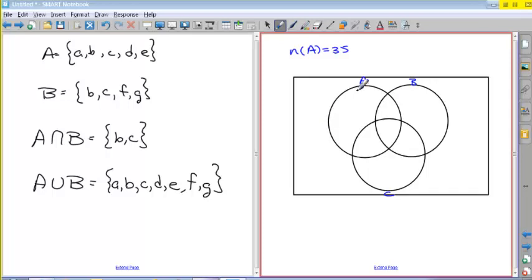So that would be what's in this total set. And then I might give you some information about A intersect B. A intersect B is the overlap between set A and set B, and I will give you some number there. There's a list of these things, and usually what you do is you start at the center, which is the intersection of all three sets, and then you go to these football-shaped things, because we already know what this side is. If we know the total, then we can take the total and subtract this to get that. If you messed it up on the test, you need to look at it, because you're going to get it wrong again if you don't